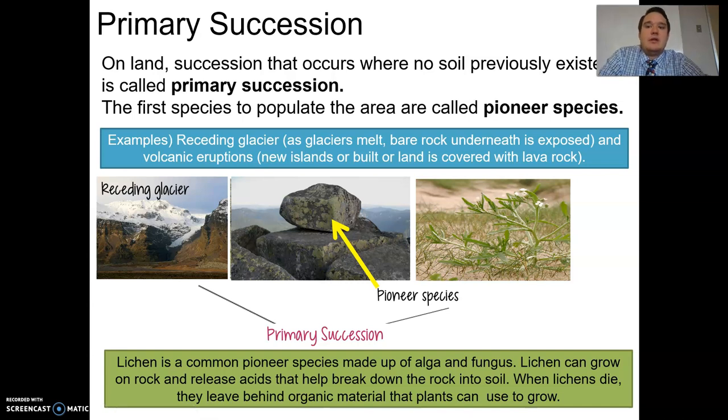Primary succession on land. Succession that occurs where no soil previously existed is called primary succession. The first species to populate the area are called pioneer species. Okay, so examples of this are